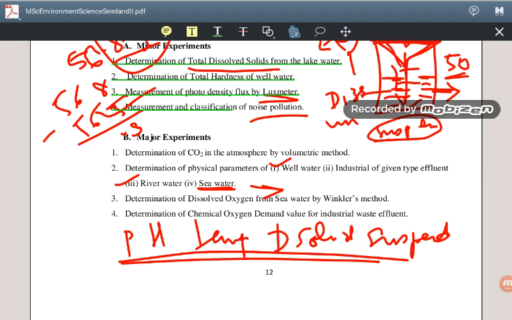Next is the determination of dissolved oxygen from the sea water by Winkler method. How to find out the dissolved oxygen and how to find out the chemical oxygen demand. So we have already discussed the chemical oxygen demand. What is left is the dissolved oxygen, which we are going to discuss today, and by the evening I am going to send you the